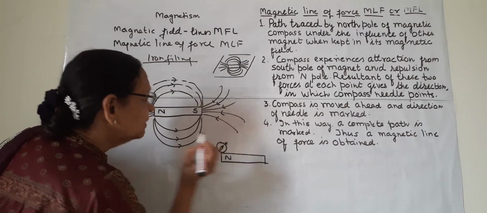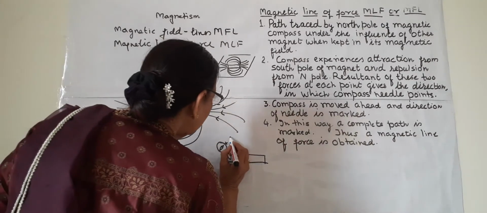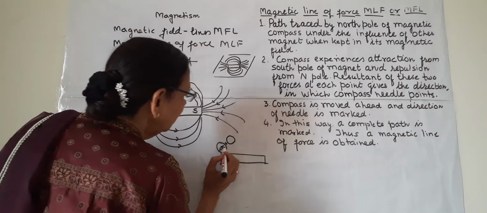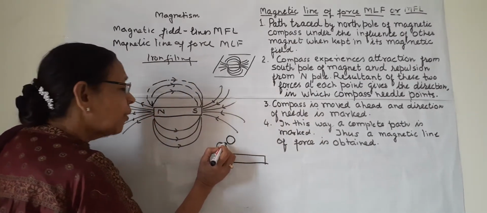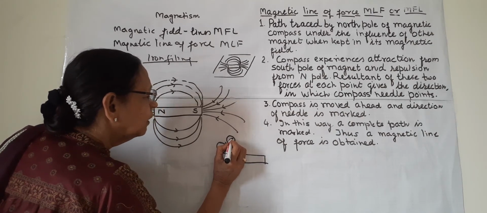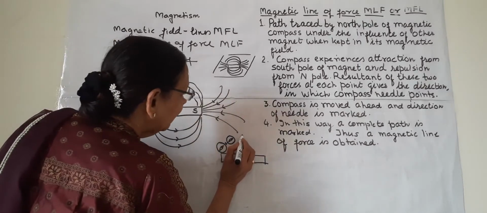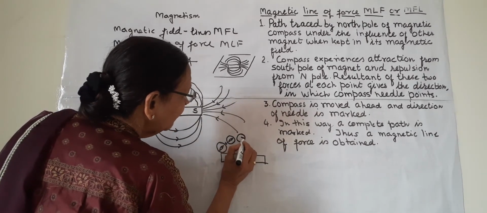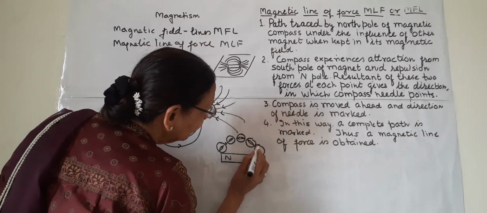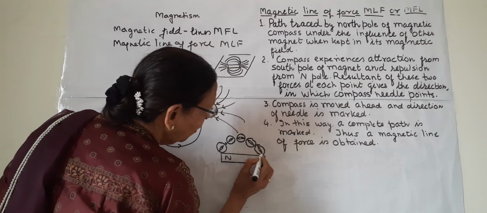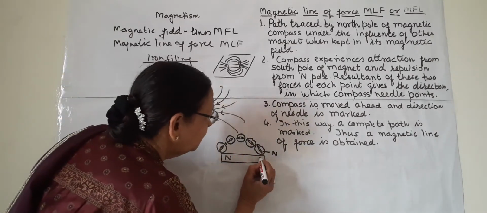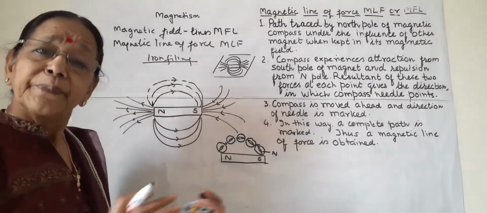So I put a cross on the paper and then I take back this needle and put it again here. So what will happen? I will put the south to this dot and again the needle is put like this. Now the north pole shows this direction. Again I will put the compass and in this way the needle will show the path like this, and ultimately the north pole comes towards the south pole because it is attracted by the south pole, and here it is repelled by the north pole.